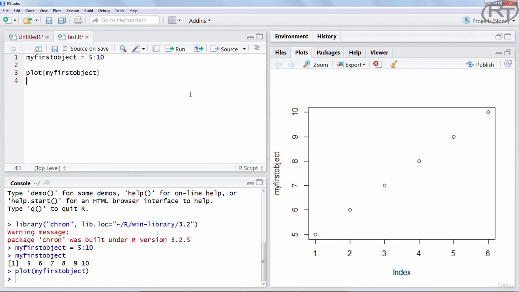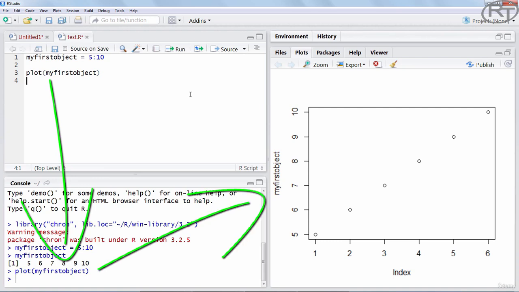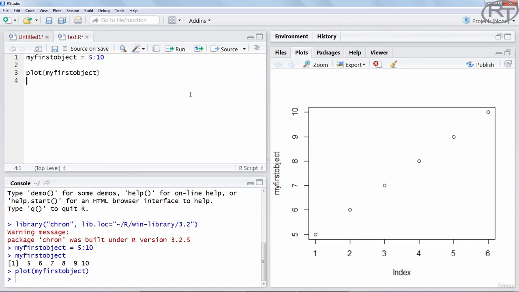If we run it, the command is again sent to the console, but this time the console passes the data on. It is sent right to the plot tab over here, where the scatter plot is displayed. It has 6 dots. X values are the index numbers, and Y values the integers we provided in my first